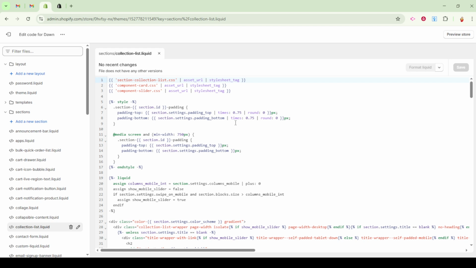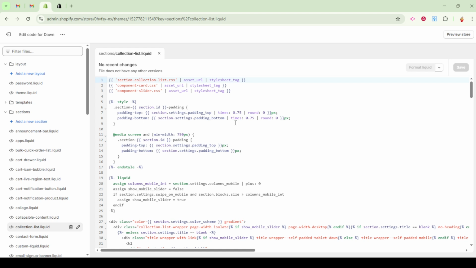After adding the schema, it's crucial to validate it. To do this, use Google's Rich Results testing tool. It helps ensure that your schema is implemented correctly and is functioning as expected. Once you've validated it, it's time to test and refine. Preview your collection page to see if everything looks right and confirm nothing critical has been disrupted. Run the testing tool again to double-check that the schema is being recognized and displayed correctly the way you want